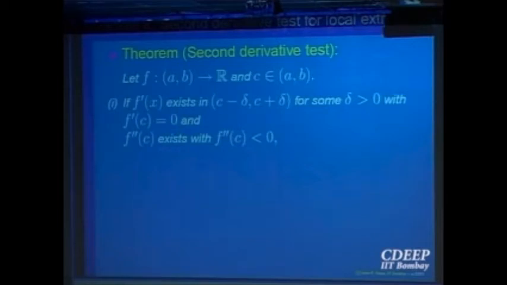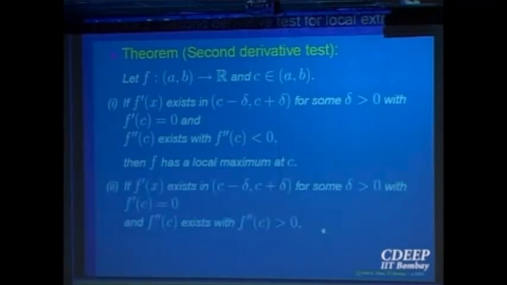Then only the second derivative will exist at that point. Right? So it says, the first derivative exists at the point C, the first derivative is 0. It exists in a neighborhood. And the condition is the second derivative exists and is less than or equal to 0. Then this is a point of local maximum. So this is called the second derivative test for local maximum, and correspondingly there is a second derivative test for local minimum.